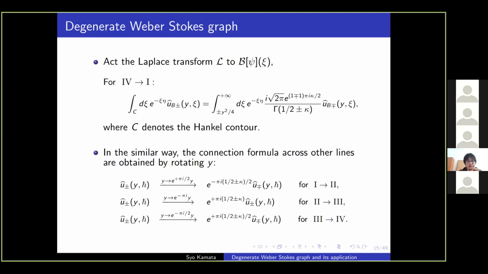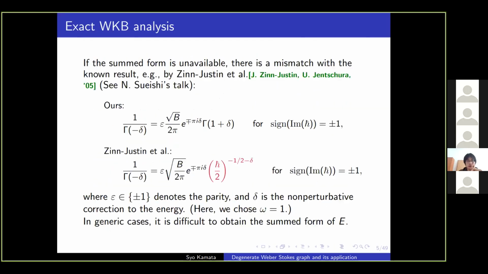For example, my first motivation was how to solve this problem. Once we consider the ARA type, this coefficient doesn't happen. So this is a very naive motivation for starting with the Degenerate Weber type. Actually, it looks different, however the spectrum doesn't change. The definition of B in ARA's case and the definition of B in Jean-Dunham's case or the Degenerate Weber case are different.